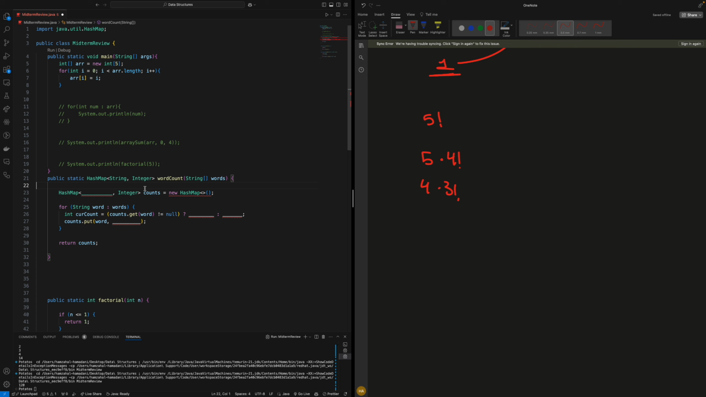We have word count. So you have a string with words, for example, hello, boy, dog, hello. And basically what they're asking you to do is count and return a hash map. So what we want is to return a hash map. So let's imagine your hash map is